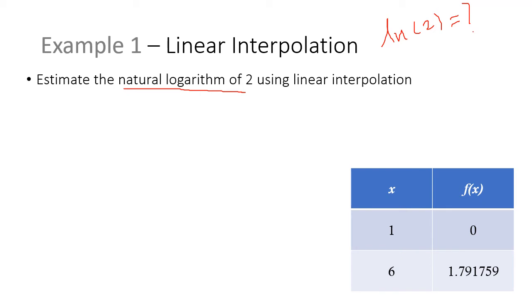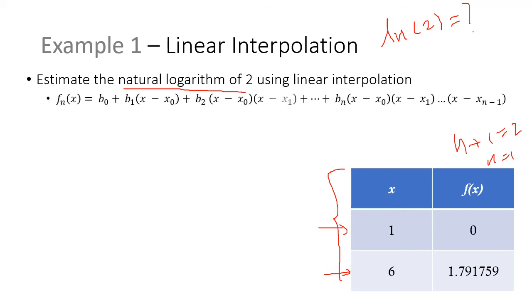And to do that, this table is given here. And as you can see, there are 2 data points given. That means n plus 1 is equal to 2, and hence n is equal to 1. And we can fit a straight line that passes through those 2 points, and that's why n is equal to 1. So let us start. So this is again the general form of the interpolating polynomial from the previous slide, and as we are going to fit a straight line, this form reduces basically to only the first 2 terms on the right hand side.